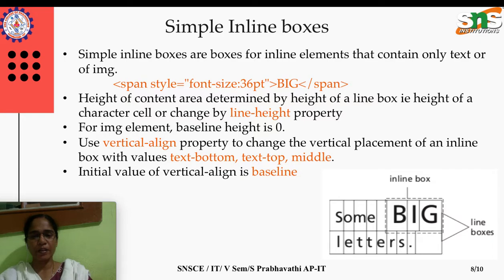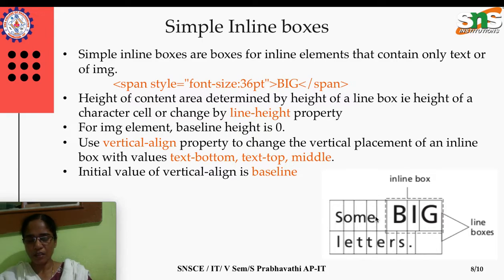So what happens? See here the line box arranged. The paragraph is arranged as usual, in the normal flow. And see here the span: since we have specifically mentioned the font size to be 36 point, it is bigger than this block element. So the size gets adjusted to hold this span element. This is an inline box whose size gets adjusted to hold this 36 point. All the remaining height also gets adjusted, only on this line.